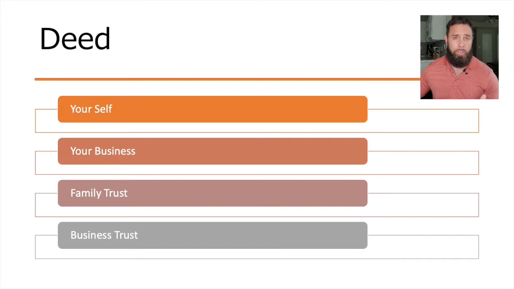Or you can put it in a business trust. You can have a business trust and put properties in that as well. That's a little advanced technique, but by all means, you have options. You don't have to just purchase a property, put it in your name, and hope nothing bad happens. So you have those options. Always talk to an attorney. Ask your CPA as far as tax implications when it comes to trusts, because there are different regulations and those types of things as opposed to just dealing with a business.